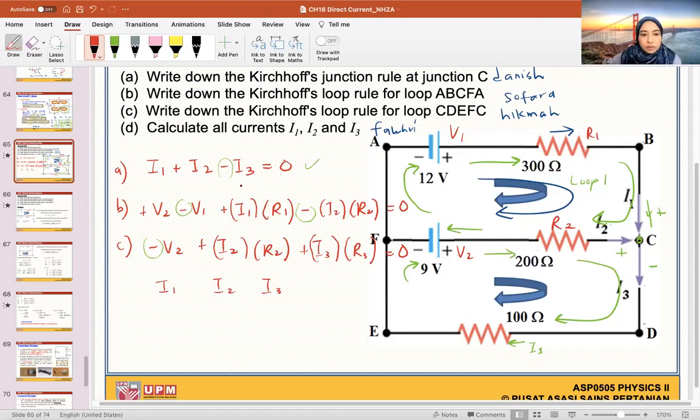Okay, so kalau tengok equation ni, how would you rearrange everything? Let's just do it spontaneously. So the first one. Boleh saya terus bagi number, Dok? Boleh. Untuk I1 tu